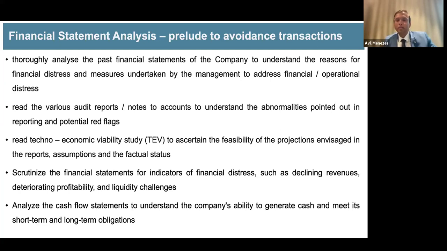So that's one aspect. The second aspect is a lot of IPs take every approval from the COC before making the payment as CIRP cost. So that's also a market practice. I'm talking about practices. What is right, what is wrong? Both approaches are right in my view. I mean, we've not seen any issues till date. In fact, people who have taken approval for each and every expense, I think they are also right in what they are doing.